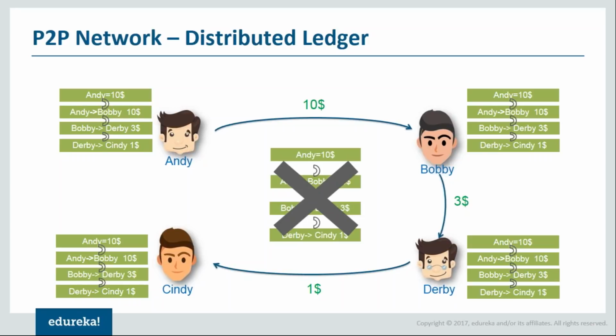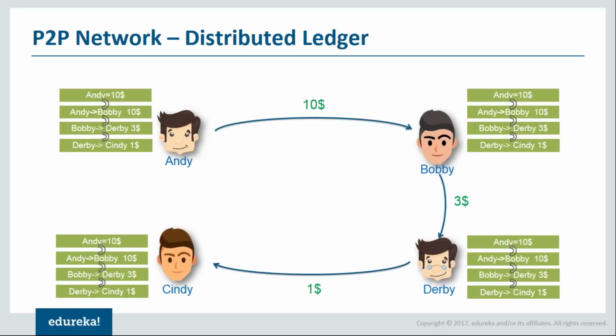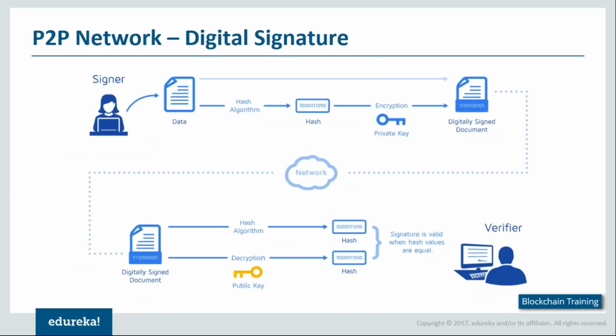Okay, so I have a question here from Rahul. Rahul is asking, can anyone actually download the distributed ledger for the blockchain system? Definitely, Rahul. All you need to do is sign up to blockchain and then you can download the complete blockchain, which has the complete transaction details from 2009 till date. So this is completely accessible to anyone, and all the transactions which are part of the blockchain are completely viewable by the public. Does that answer your question, Rahul? Okay, that's great.